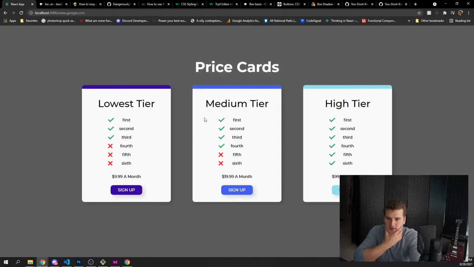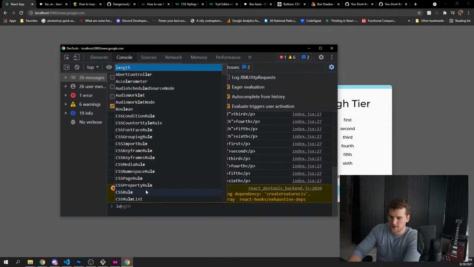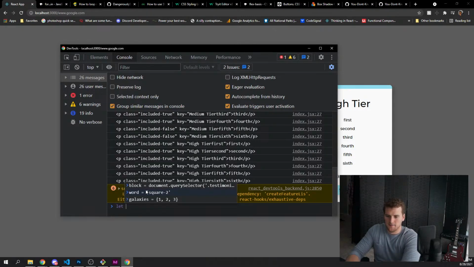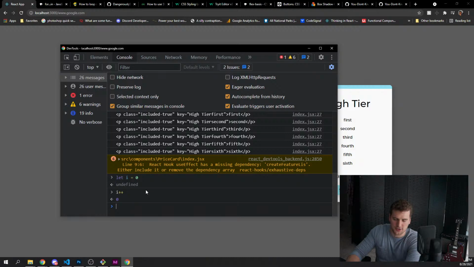Like, if we go here and we go to the console and we say i equals 0, right? And then we do i plus plus. If we hit enter, is it going to be 0 or 1? It's still 0 because it logs i first and then it adds to it.